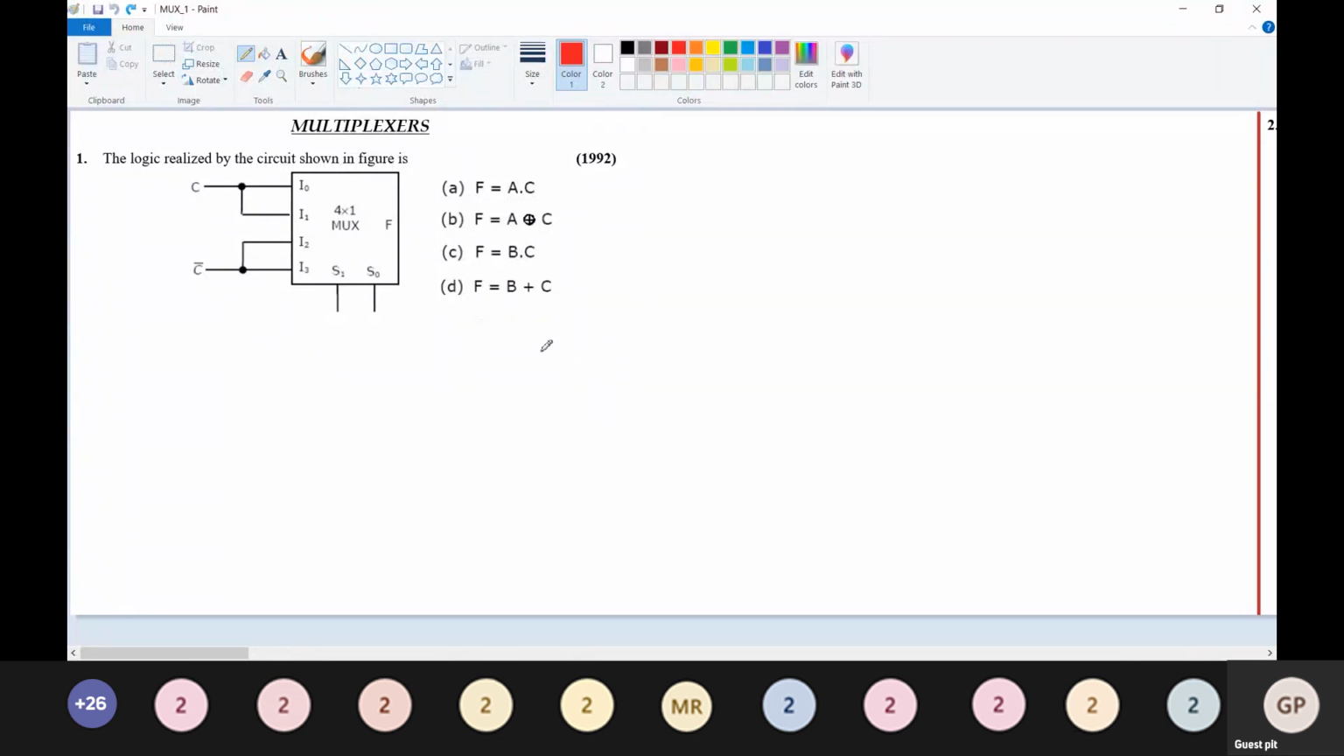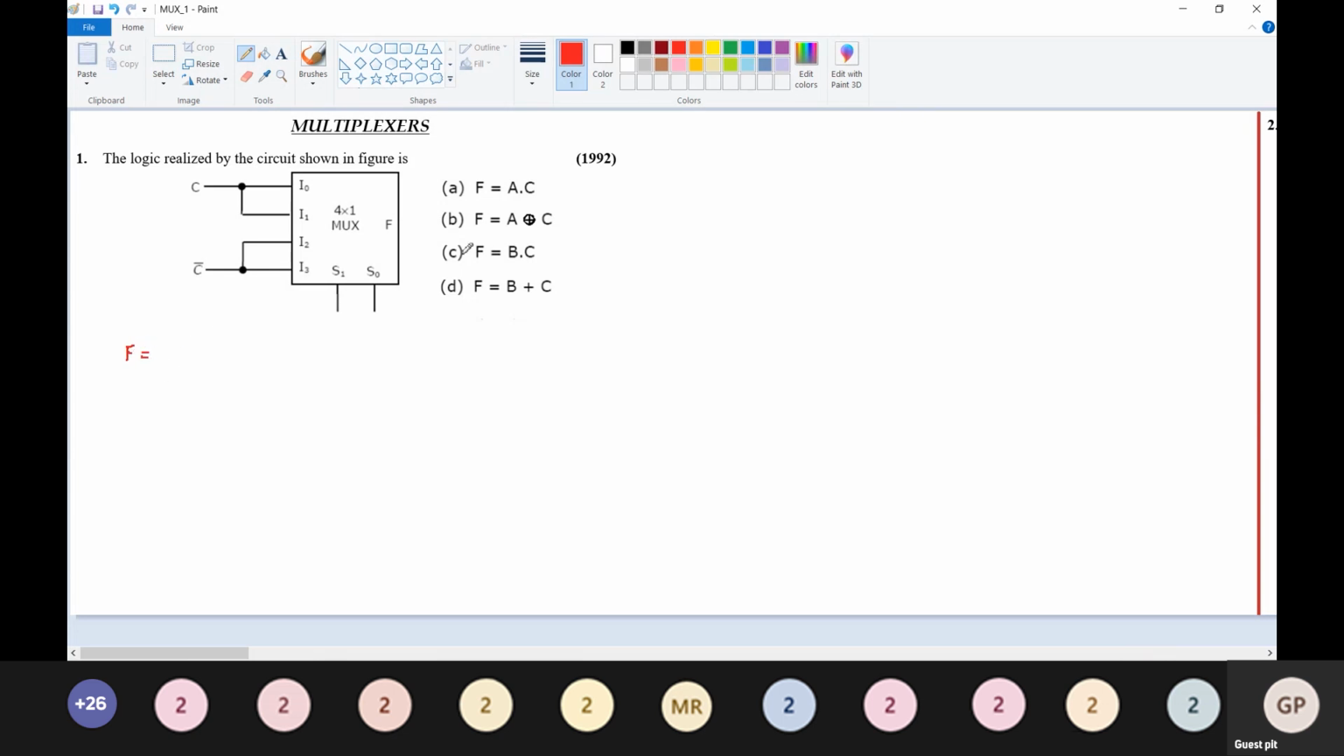In this problem, the logic realized by the circuit shown in the figure is. So we have to find what function of this multiplexer is implemented. A multiplexer is nothing but a device which has many inputs and only one output. Now the Boolean function for a multiplexer can be written as we know, F is equal